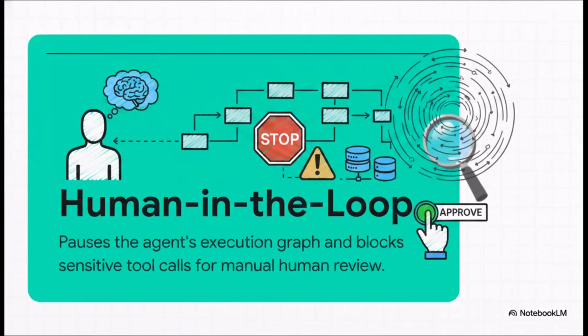But here's the thing. Regardless of the framework you choose, the ultimate failsafe for any autonomous system is the human-in-the-loop checkpoint. For high-stakes tasks, we're talking financial research, legal analysis, or executing database drops, automated guardrails simply aren't enough. We use what's called an interrupt pattern. This acts as the final guard at the gate. It literally pauses the agent's operations right before it makes a critical move, blocks the tool call, and surfaces an alert to a human user. The AI has to literally sit and wait for you to explicitly click approve before it can take another step.